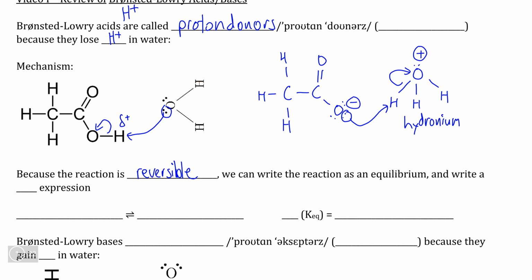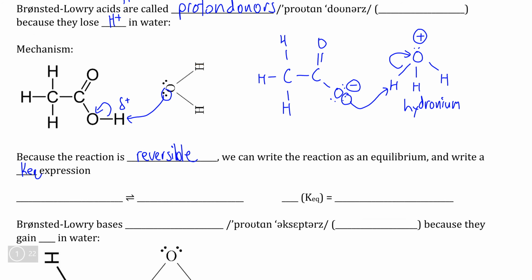So because of the fact that this reaction is reversible, we can actually write a Keq expression for this reaction. So our reactants would be our acid, CH3COOH, plus water, and our products would be CH3COO minus, the acetate ion, and hydronium. Now, once we have our equilibrium expression, we can actually write a Keq equation for this as well, where we